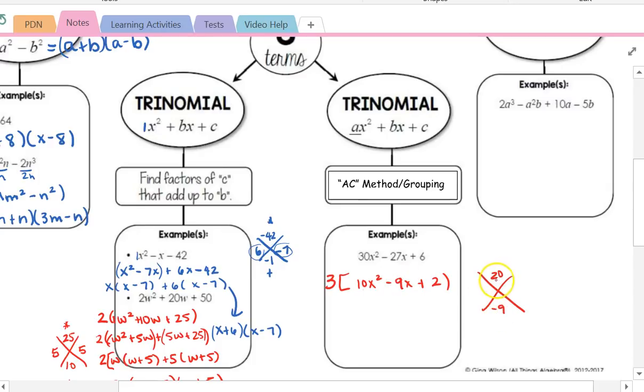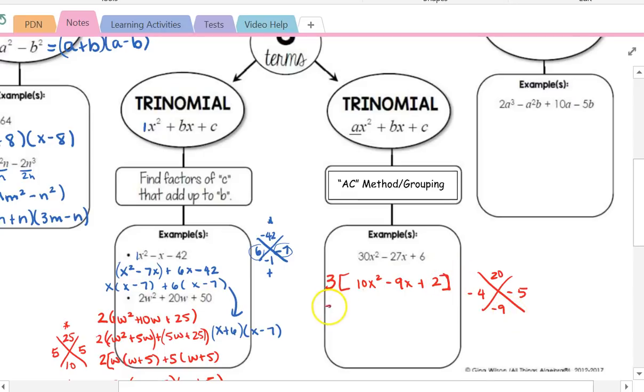What multiplies to a positive and adds to a negative? The only way to multiply to a positive but still have a negative is to have a negative and a negative. So now, let's just look at factors of 20. 10 and 2, no. 4 and 5. 4 plus 5 is 9. Negative 4 plus negative 5 is negative 9. So we have our